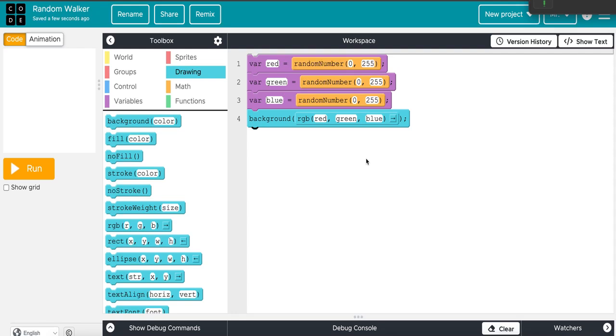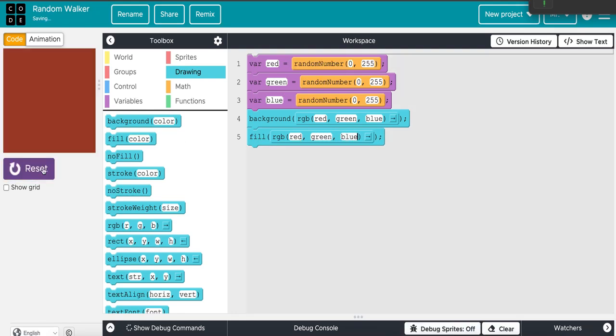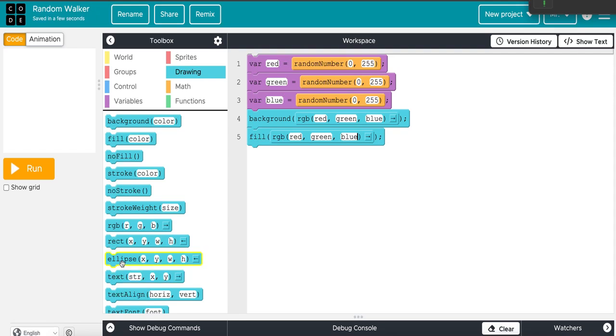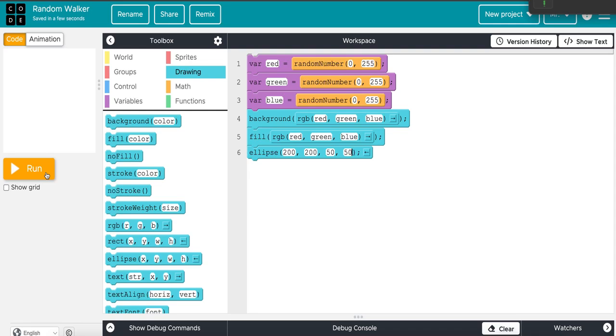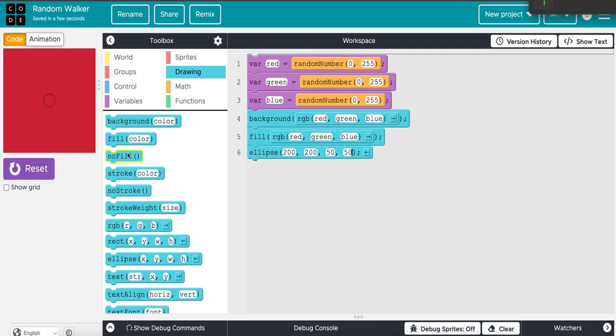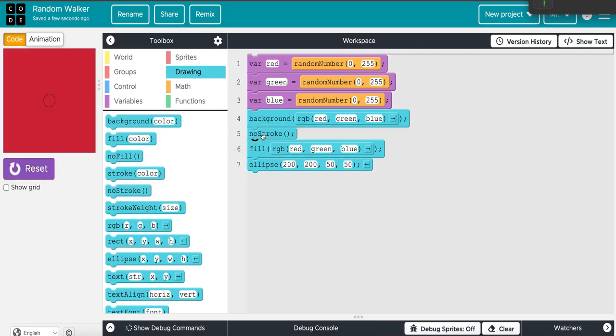To get a random color, use the RGB. You can use that in fill, like if we pull in a fill block, hit the drop down, select RGB, just in the same way as we did before. But if I put red, green, blue here, we're not going to see anything. Whoops, I've got to put an ellipse in. And I'm going to make this a little smaller. Let's make it a 50 by 50. We see the stroke around it. There's a line around it, but it's the same color as the background. And if we took that stroke off with no stroke, we would see nothing because it blends into the background,